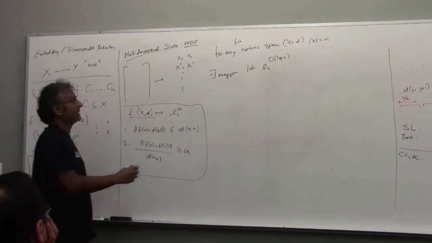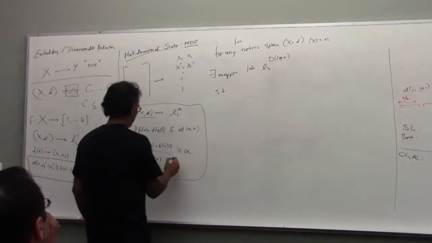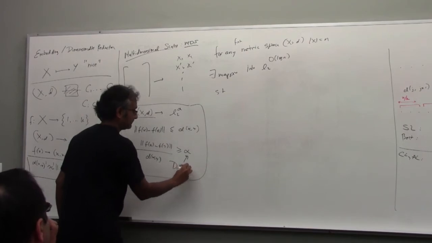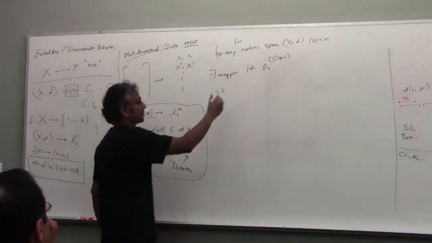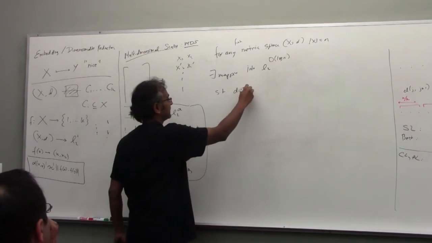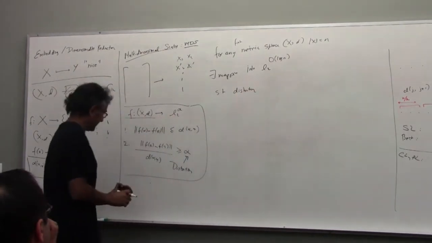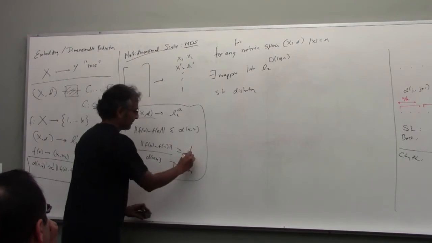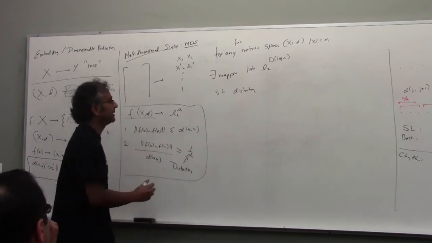Okay, such that the distortion, so we'll call this thing the distortion. Okay, so the distortion, and I should have written this as, just to make it easier, 1 over alpha, so alpha can be a number that's bigger than 1, okay, is